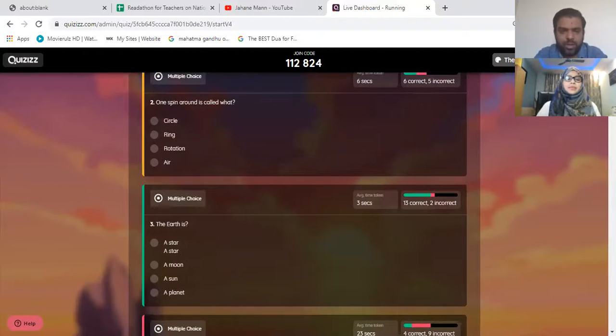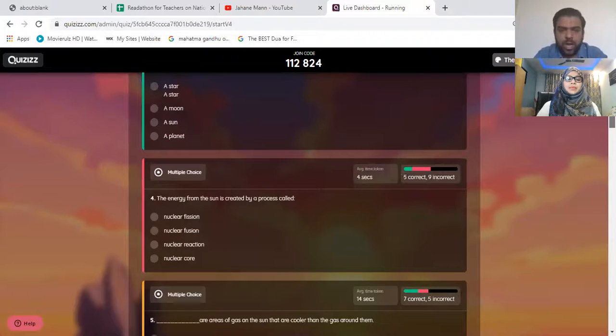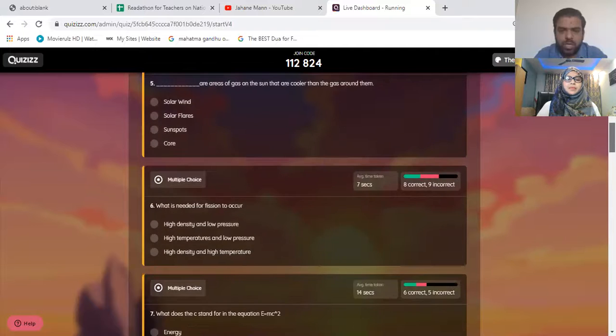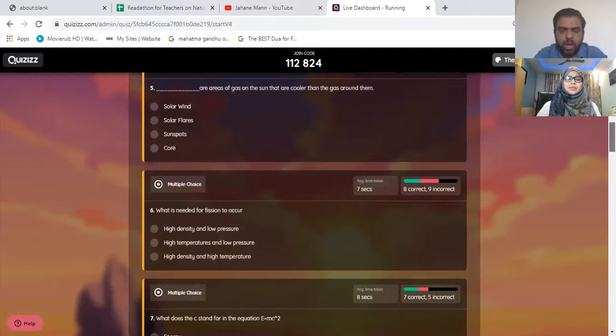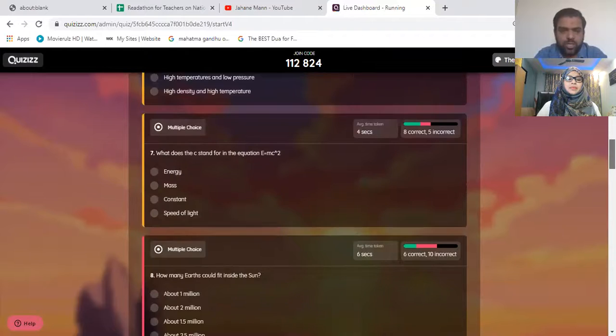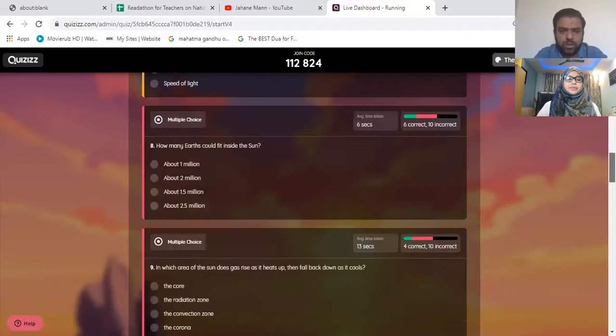Interesting. 15th question. What is the study of the universe called and how it changes with time? Is it called meteorology? Is it called astronomy? Is it called botany, or is it called zoology? 16th question. What is the largest object in our solar system? Is it one of these planets, or moon, or Mars, or sun?